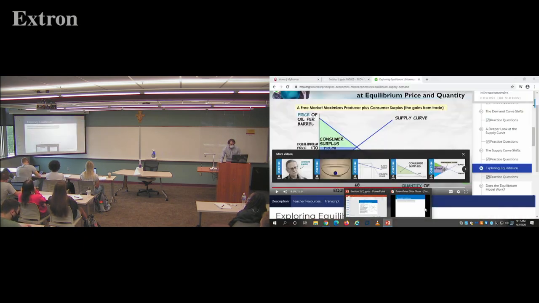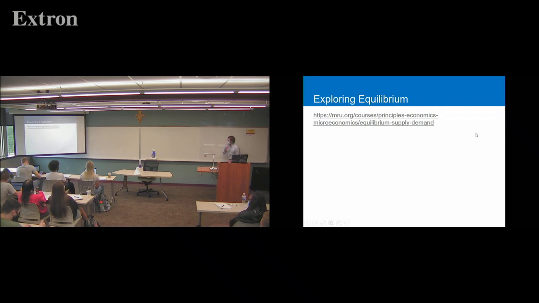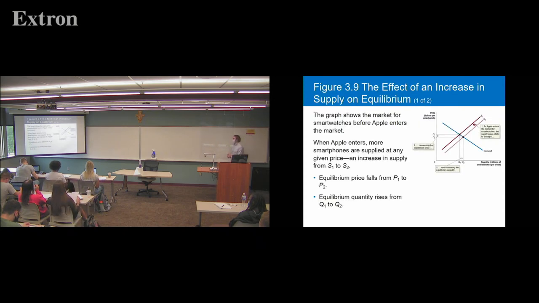I just like that Marginal Revolution video because they focus not just on prices like the textbook does, but also on the quantities that are being produced and highlighting gains from trade. But for your exam, it'll just be what we go over from the textbook. So if the price is too high, what's going to happen? If the price is too low, what's going to happen? How's the market going to move back to equilibrium? But I thought it was useful just as another way to think about it.